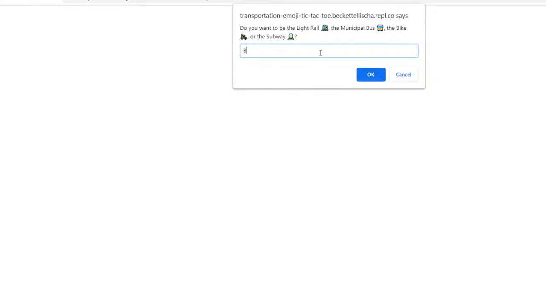You can type in bike, you can type in bicycle, you can type in subway, you can type in light rail, and same for municipal bus. So let's do bicycle. You've chosen the bike, and this text appears due to a grid empty function which I have,